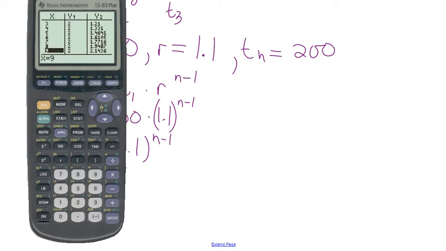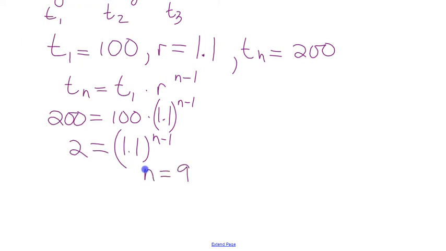When x is 8, we're at 194.87%, right? Multiplying by 100 changes it to percent. When x is 9, we are at 214%, which puts us over 200%, over twice its size. Okay, so we get n is equal to 9. So after how many enlargements? 8. Okay, so after 8 enlargements,